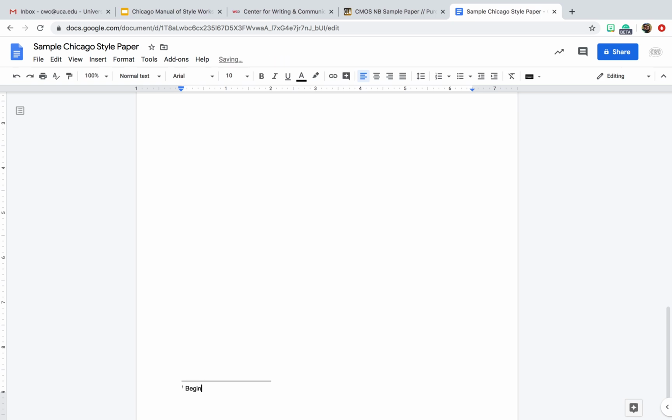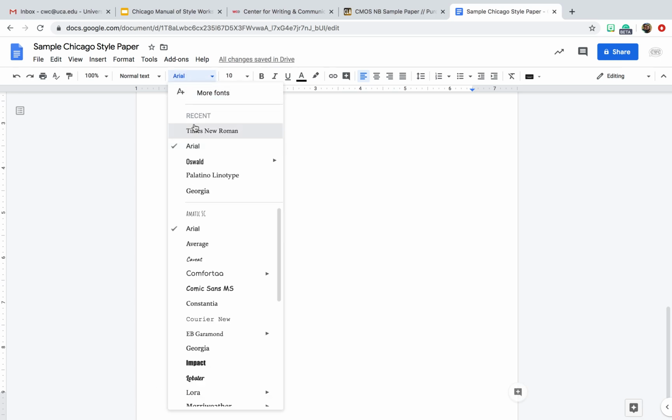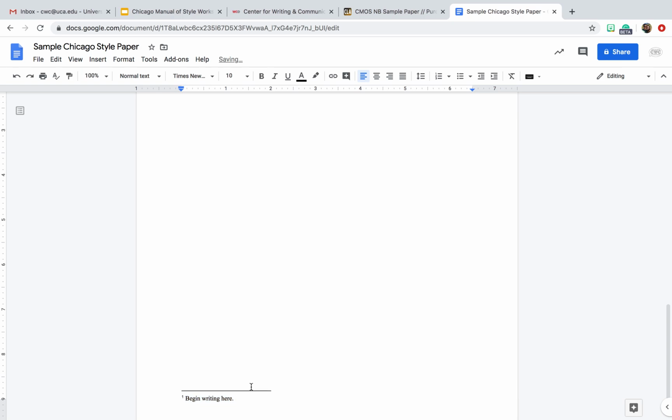So begin writing here. Something to remember is that you need to make sure you stay in Times New Roman. You want to make sure that you're sticking with consistency. That's something that style guides are really big on. And I tabbed over because I want to make sure that my